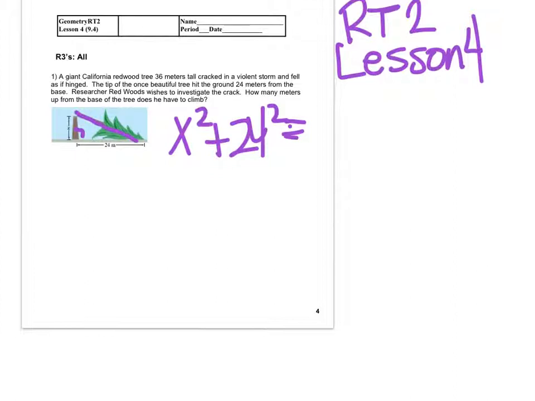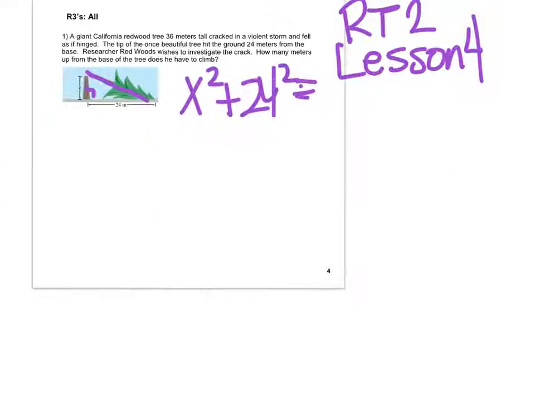of the tree. We don't know how long that is, but we do know that this part of the tree used to be right here. And altogether, these two parts of the tree made up 36 meters. So if I wanted to find x, or if I knew x, let's say that x was 10. In order to find this part, which I'll highlight in blue, I'd have to take 36, subtract 10 to get